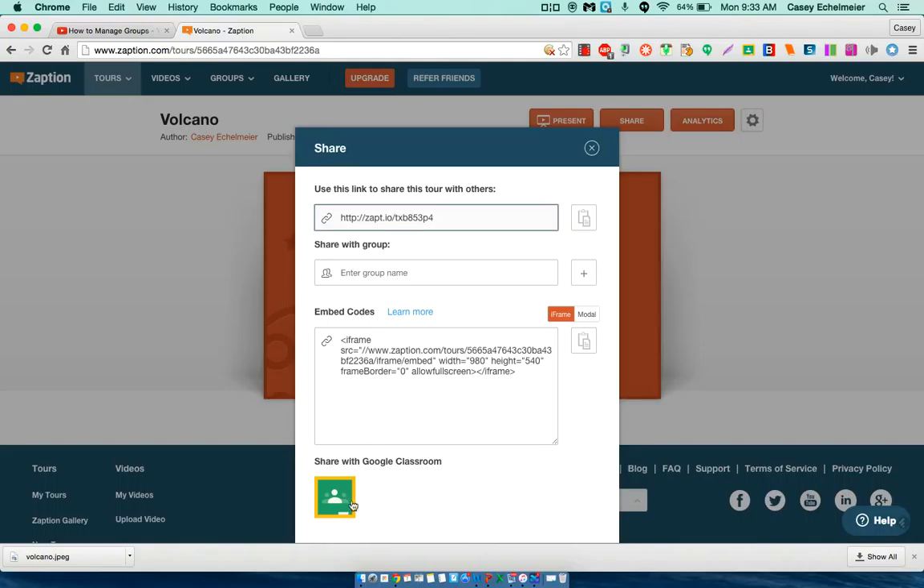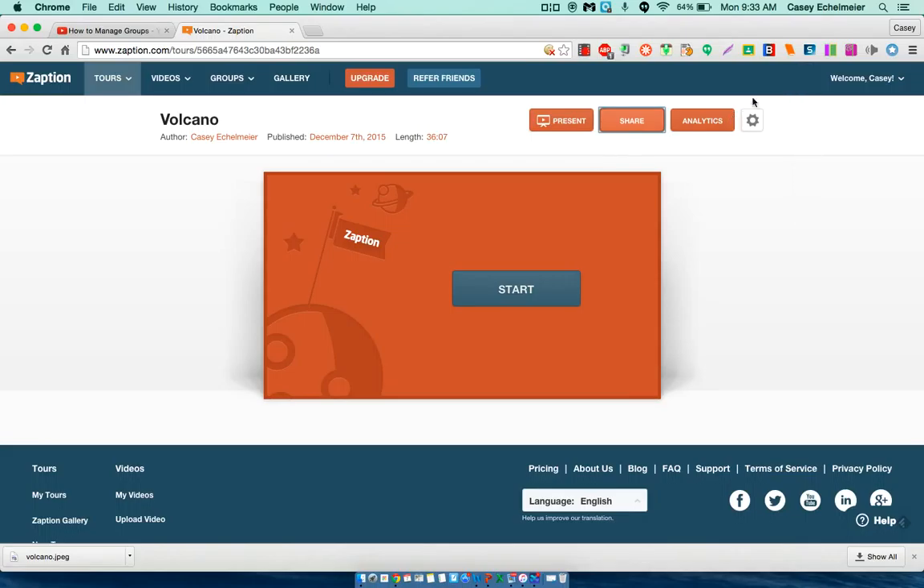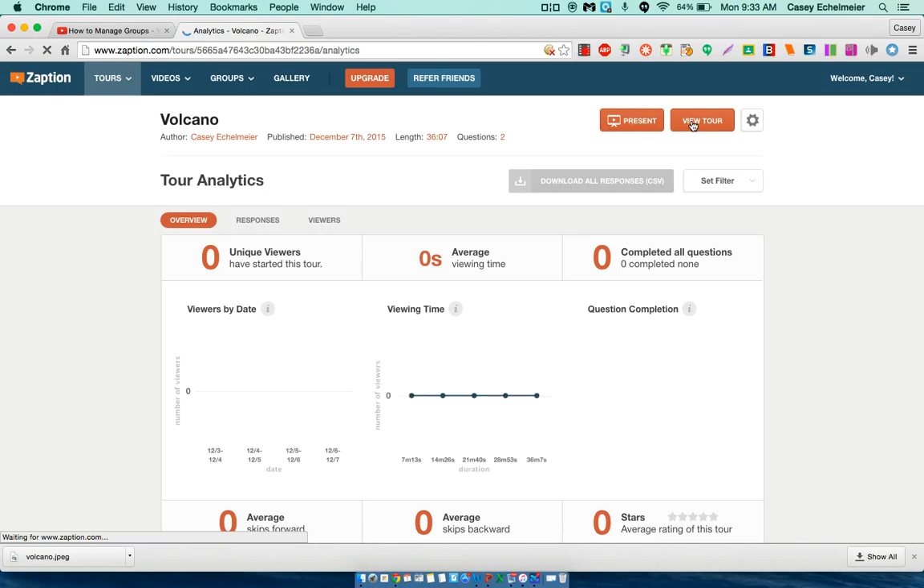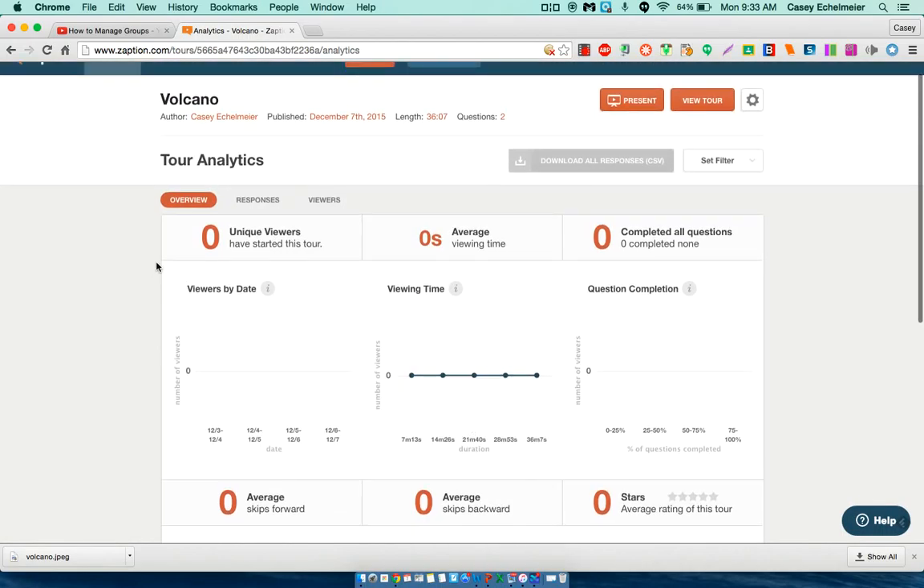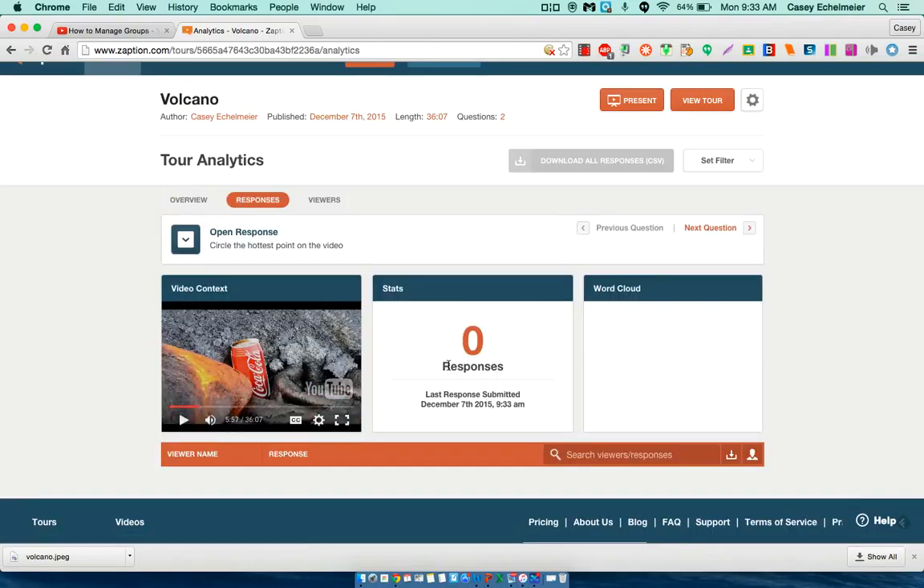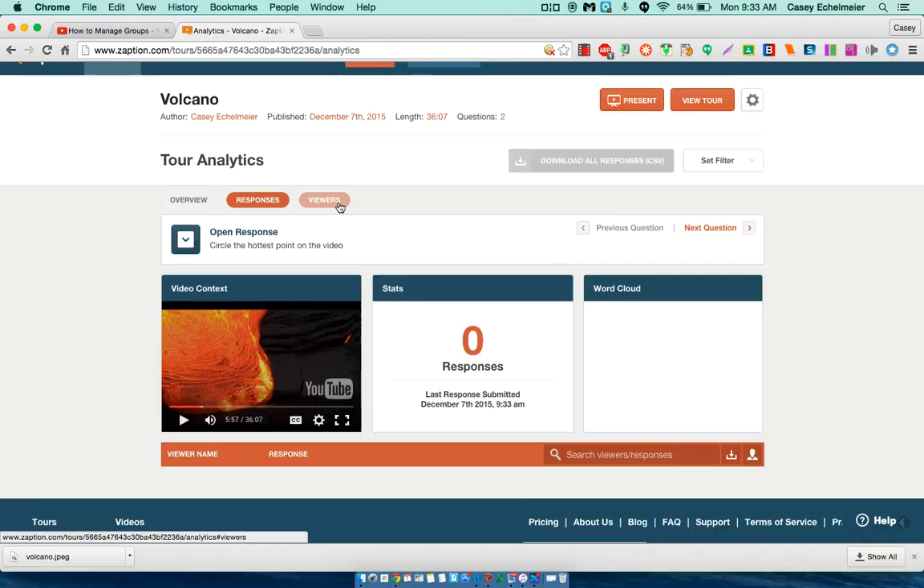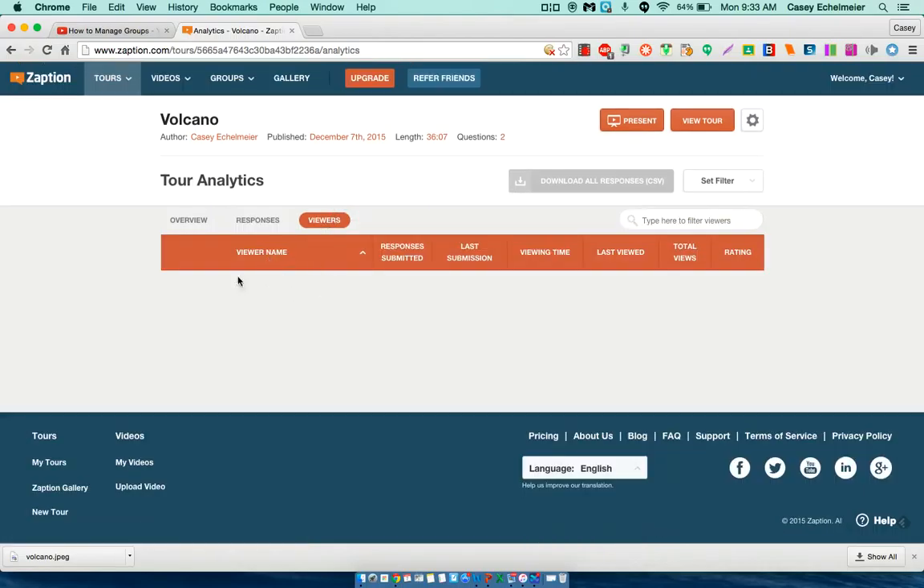I can email, I can share it directly to Google Classroom by hitting the classroom icon, or I can embed it within a web page. Okay? And that's how you would do it. Now let's go over to our analytics, and analytics is going to show you this is where you would go to view how your students are responding. The overview is as a class. Responses are particular questions and responses, and right here are the particular viewers who have actually logged in and are